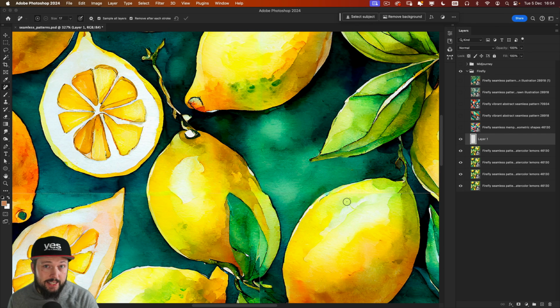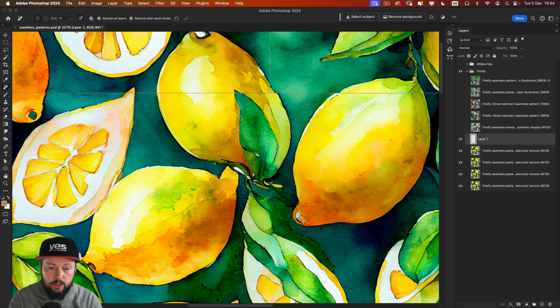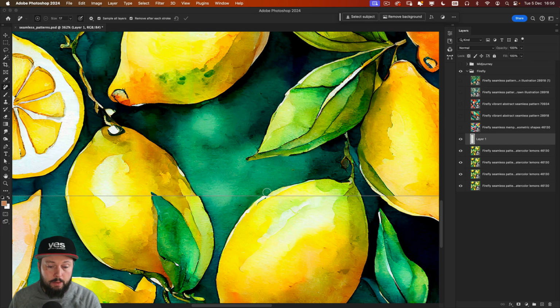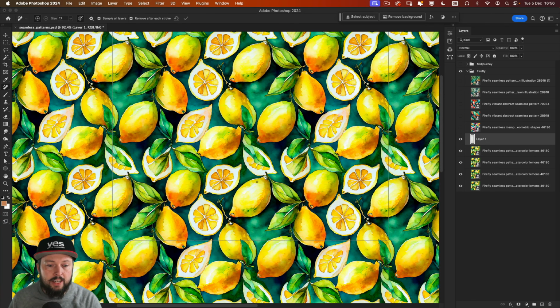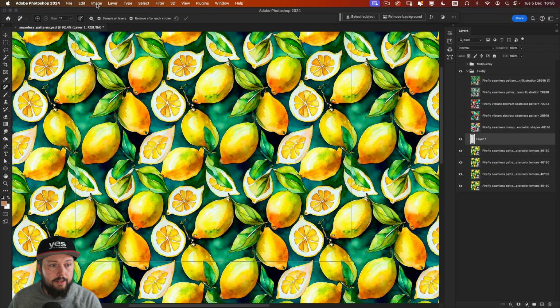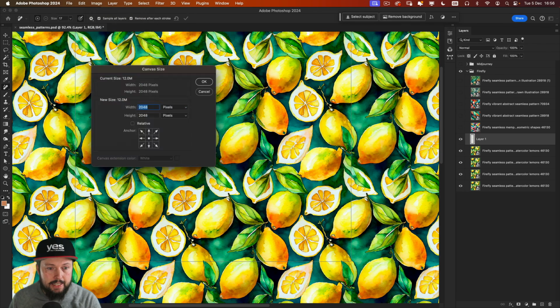But if you are using this technique, the most important thing not to forget at the end is that once you fixed all the inside edges, the outside edges would still be visible because you have 4 tiles put together. So to fix this, all you have to do is to extract the center part of your canvas. And the way we can do this is by going back to the image menu and choose canvas size. And there go again back to percent and type in 50 and 50.